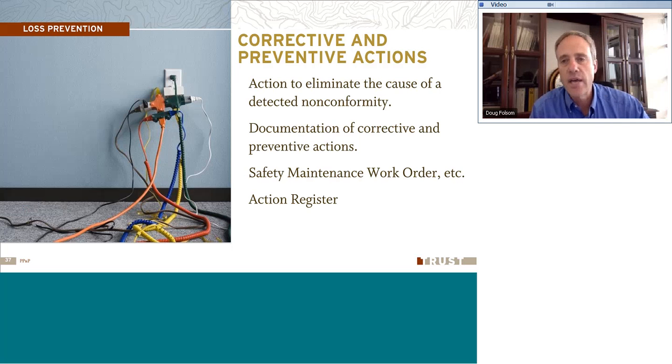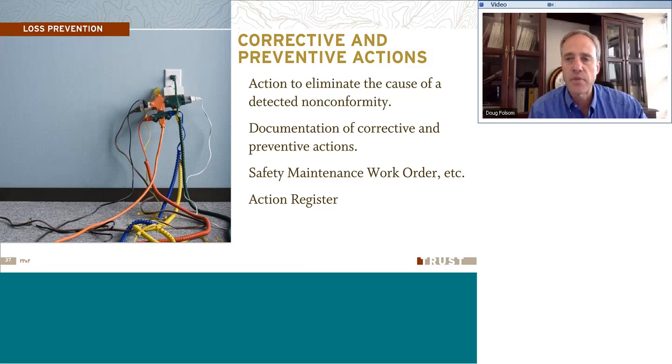So, corrective and preventative action. Obviously, when the audit turns up something that's weak or not ideal or just outright wrong, do we have a program in place to identify how we fix it? How do we correct it? How do we make it better? So, does your management program entail some sort of action to eliminate the cause of the weakness? Do you document the corrective action? Do you use something that will verify that not only did we identify that there's a problem, but it's actually been completed, and who completed it, and what was done to fix that problem?